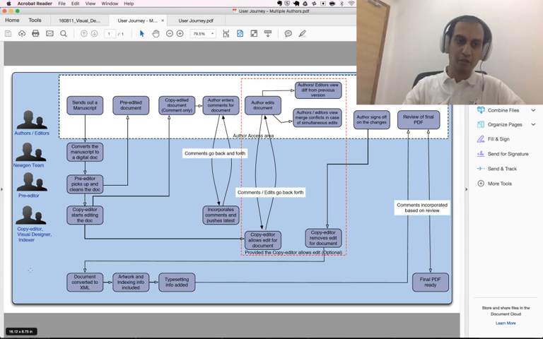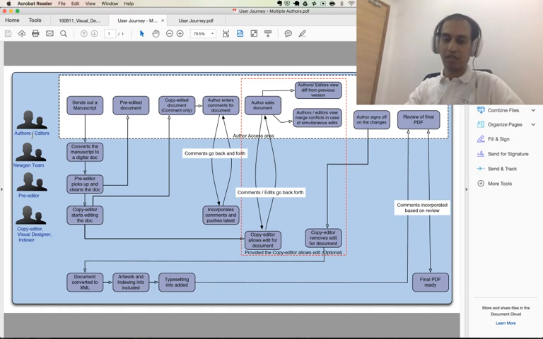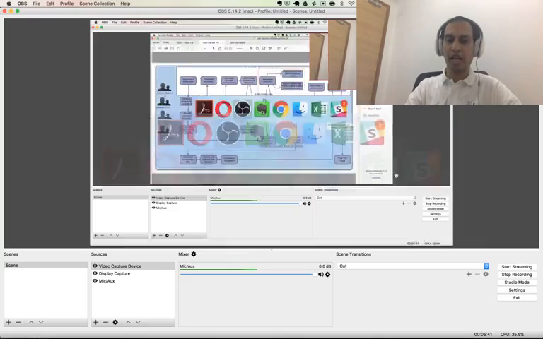If you see here, the focus is actually on the authors and editors. There is not much detail for the other steps that the other users are doing. There will be subsequent user journeys where other users are given a lot more focus. So that's pretty much how you do a user journey and what you can